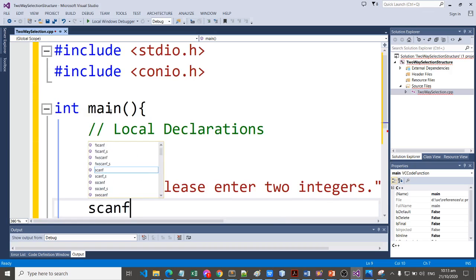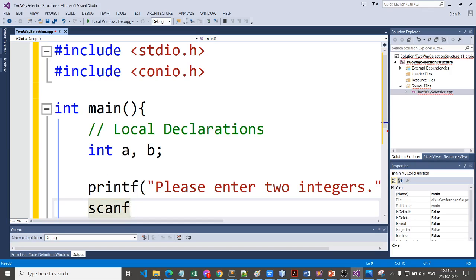And to get the two integers, we need to have the scanf. But in the latest version of Visual Studio, it is already deprecated, so I need to use scanf_s.